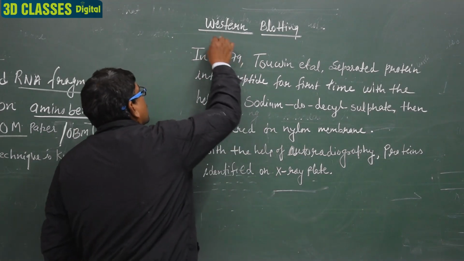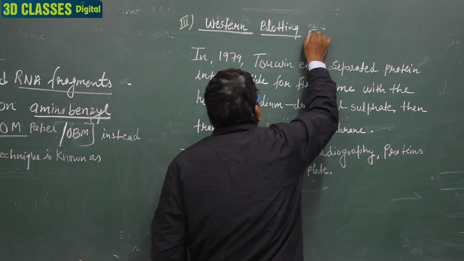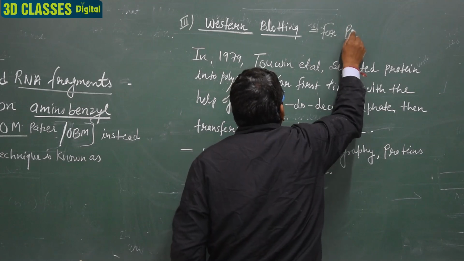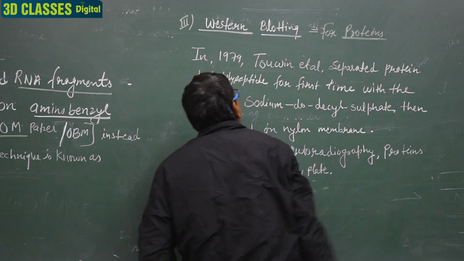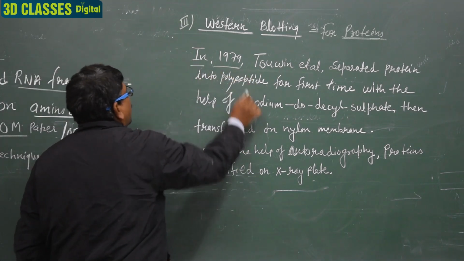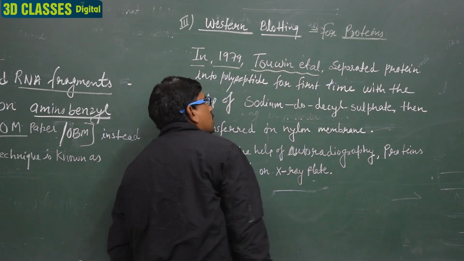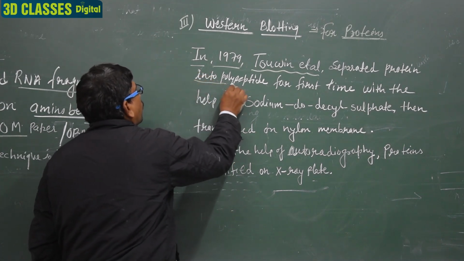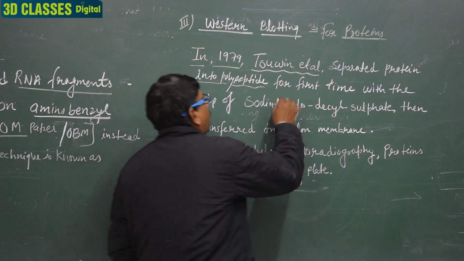The next one is Western blotting. The third is Western blotting, and Western blotting is for proteins. Clear? Western blotting is for proteins. In 1979, Towbin et al., the scientists, separated the protein into polypeptides for the first time